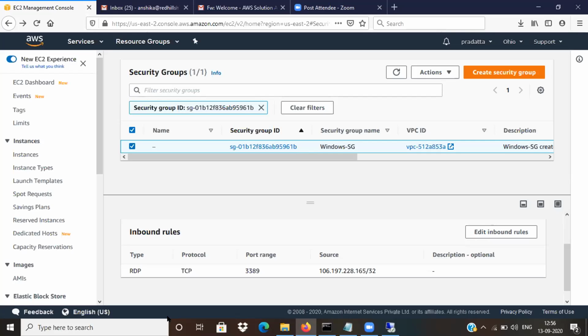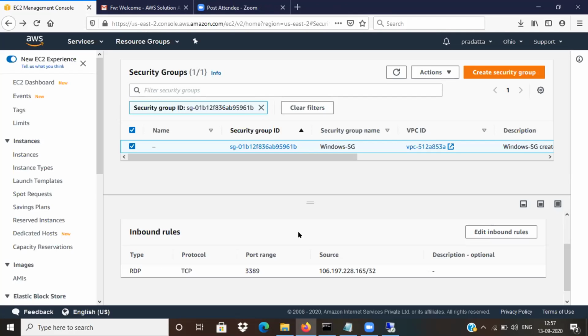We are going to cover these things multiple times, because whenever we are going to create some instance or some resource, we need a firewall. Without a firewall, we will not move ahead. So what we need to understand here is that we will be creating a security group for each and every instance if it has a different purpose.